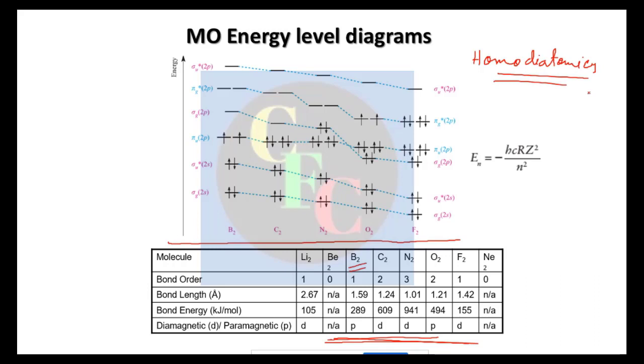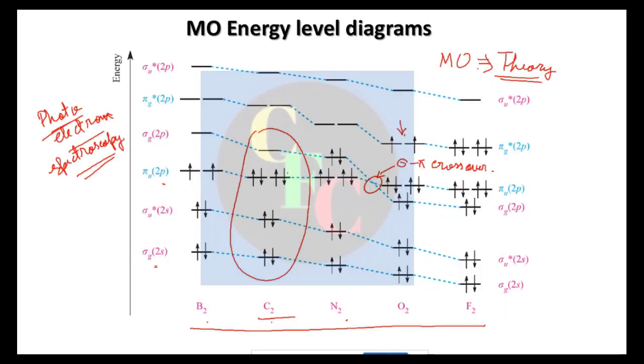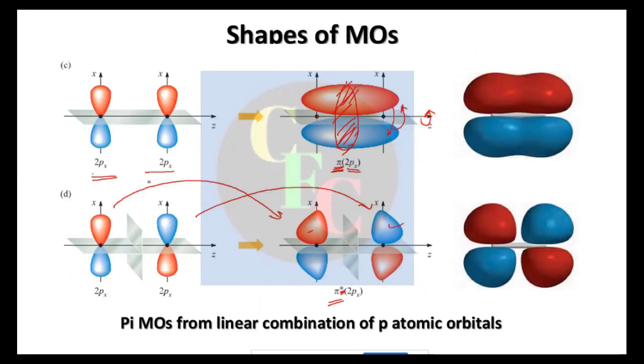One more thing I would like to mention: if you remember, that is G and U. For sigma, G was the bonding and U was the anti-bonding. But for pi it is reversed, isn't it? For pi the anti-bonding is G and the bonding is U. What do U and G stand for? Let us go to this picture again, then we will understand this.